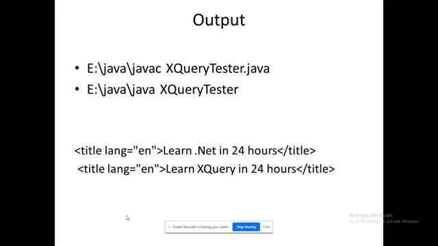Learn .NET in 24 hours, learn xquery in 24 hours. Have you seen this? It is retrieving along with our tag, right? Along with our tag. That is the powerfulness of this xquery. Why do these need to be retrieved along with the tag? Do you know the reason? Because we are going to print them in a formatted way. I can pass this output of xquery towards an integrated XSLT, because we have already seen XSLT. So the output of the XML will be combined with an XSL.